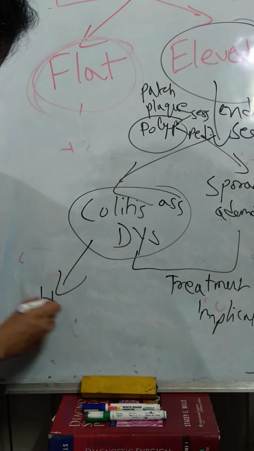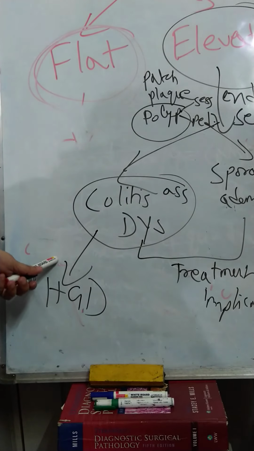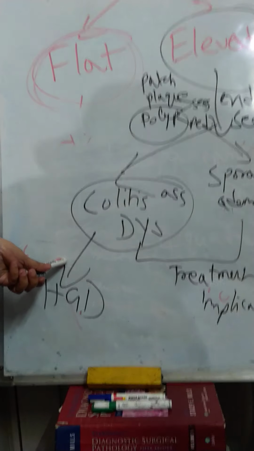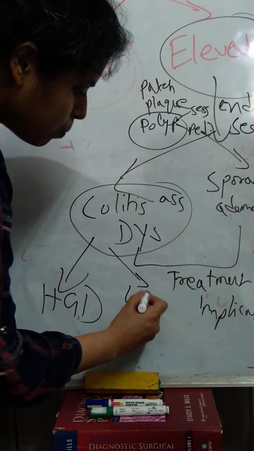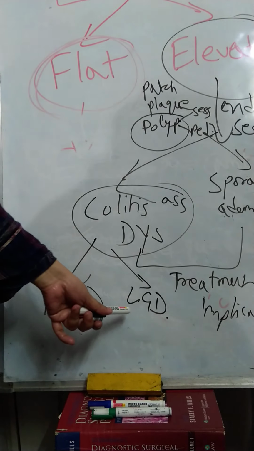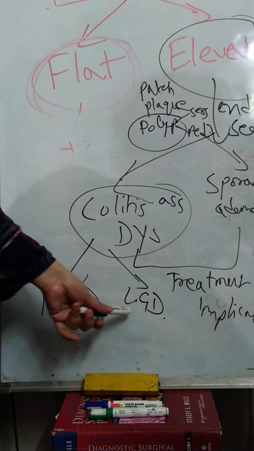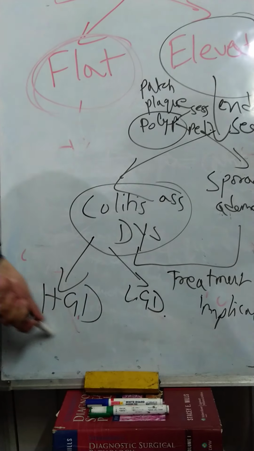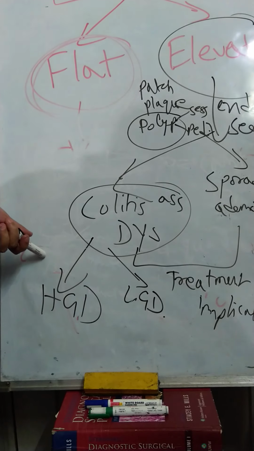Suppose you report it as a colitis associated high grade dysplasia, this becomes an indication for a proctocolectomy, a very morbid surgery. If you report it as a low-grade dysplasia, then there are further protocols. These patients will go for annual or biannual surveillance to follow them up. So if you report a colitis associated dysplasia as high grade, the patient will probably be recommended for proctocolectomy straight away.